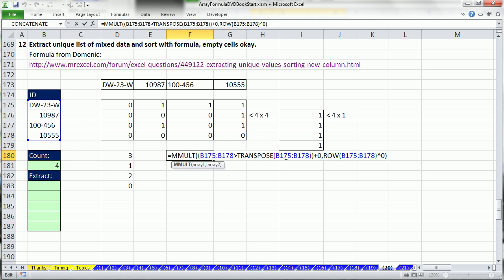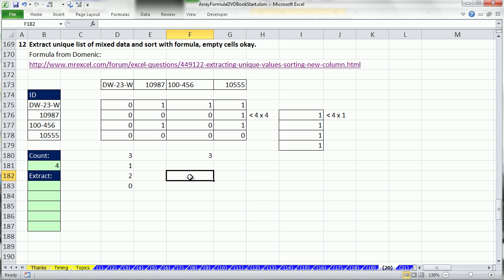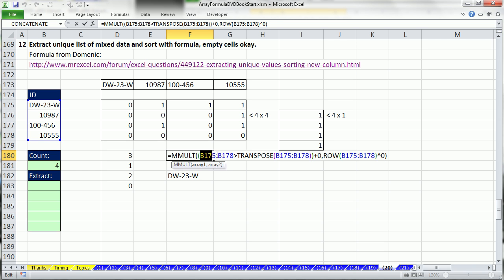Now, one other bit that we have to do, in case there's any blanks, we're going to have to replace that range and that range with an IF statement. And here's the IF statement: equals IF anything in here, and I'm going to hit F4, and I should copy this because I'm going to use it. Anything in there is not empty, please give me whatever's in that range. Close parentheses. Now this little IF is going to go in place of that range right there. Control-V,